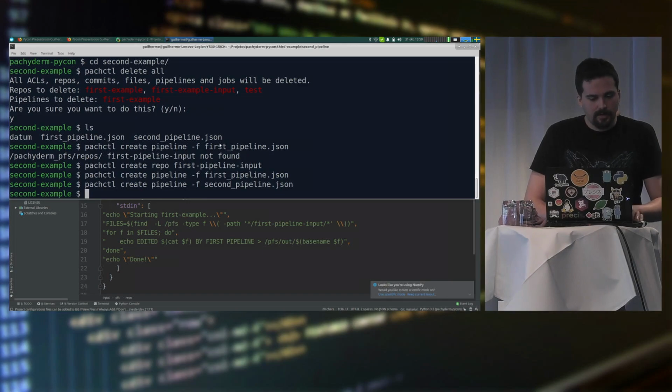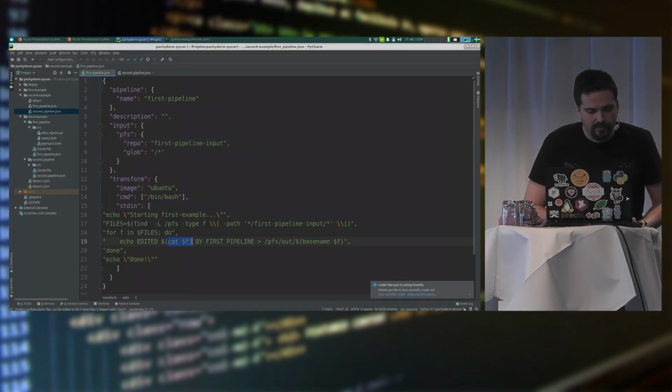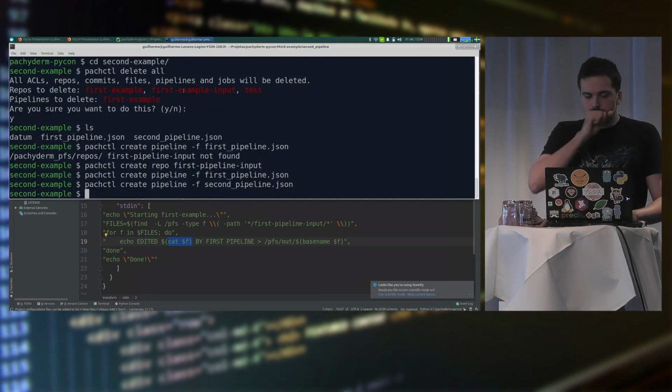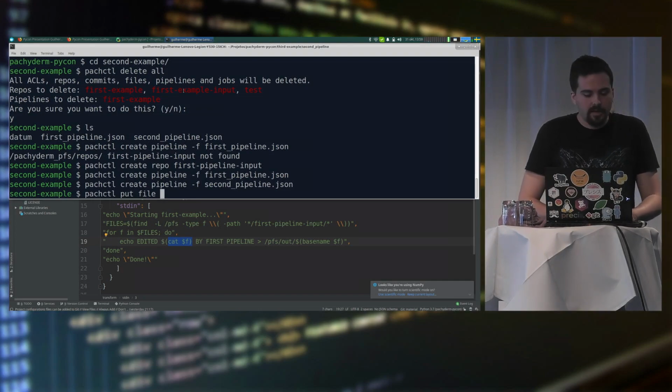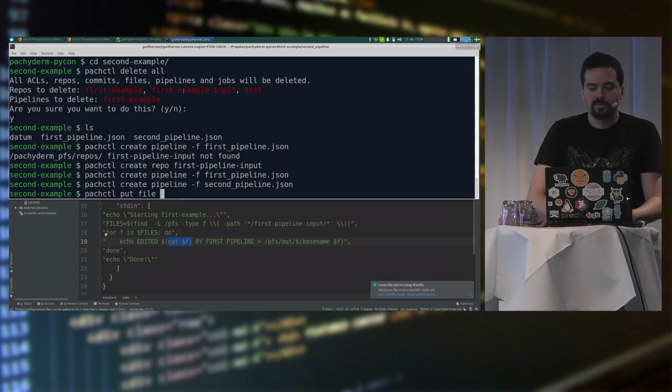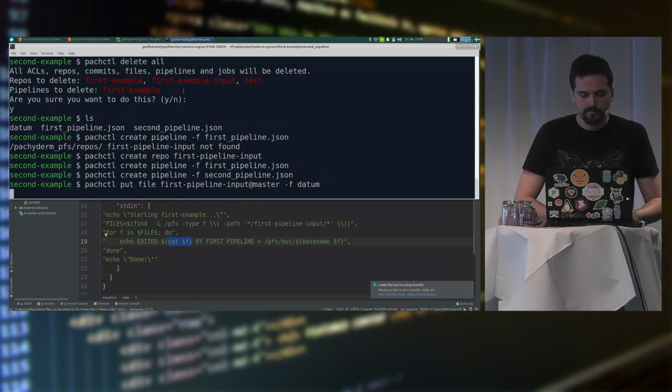And now this one is actually getting the content of the file. This file here is just some dummy input. Now let's commit it. I'm doing everything via the command line, but they have clients for languages as well, like a Python client that could do pretty much everything I'm doing here. And if you're that kind of person, you can even go down to the protobuf level and interact directly with the Pachyderm daemon. But yeah, input repository at master datum.